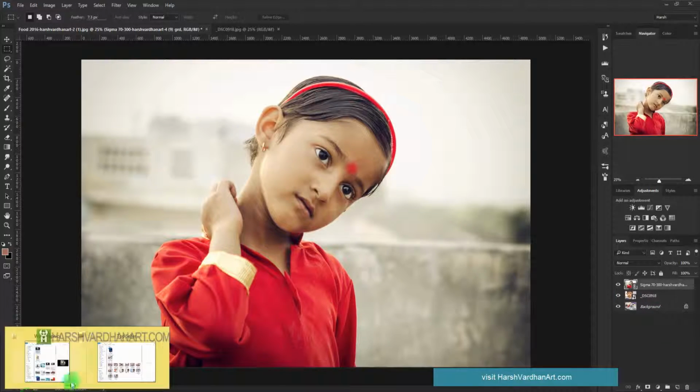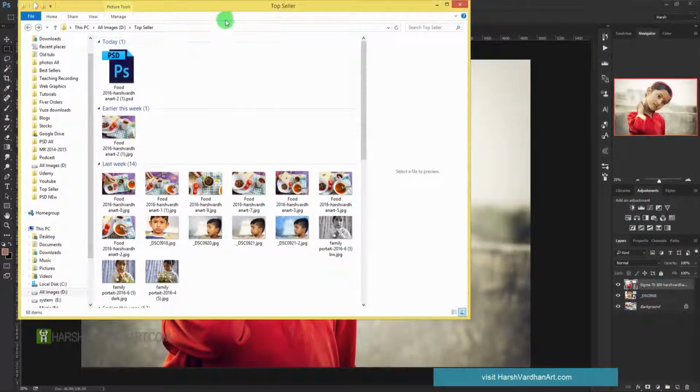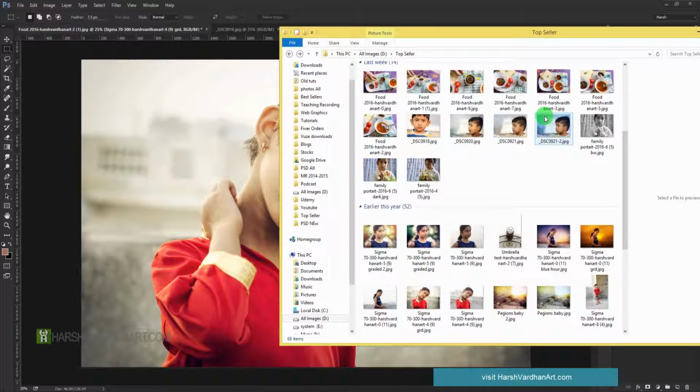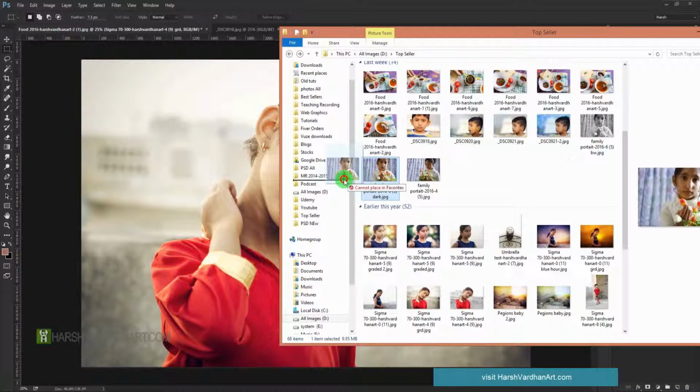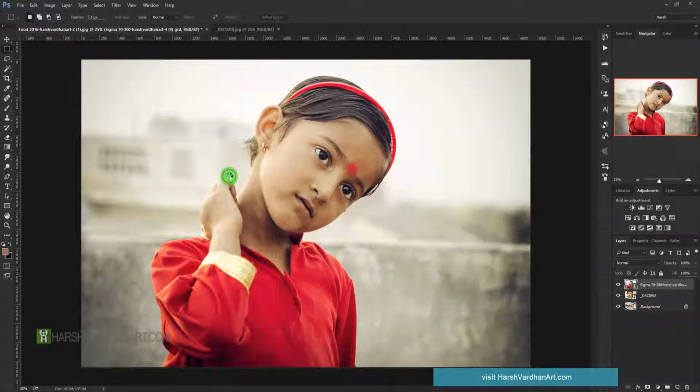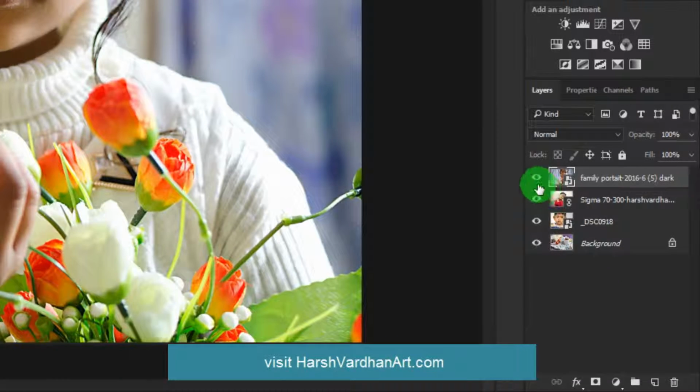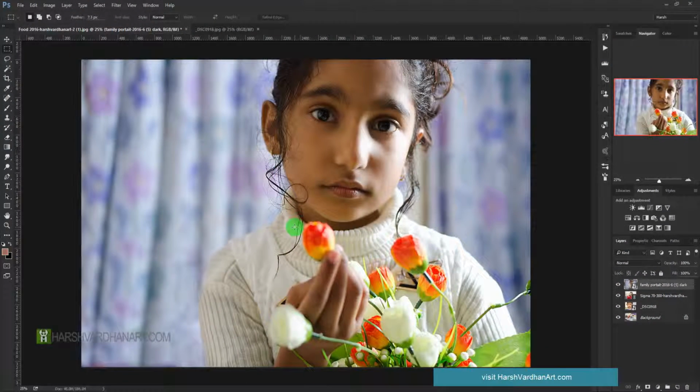And now let me show you the fourth one. Just open or browse the image which you want to open in Photoshop, select it, and by clicking and holding your mouse, drag it over here and press Enter, and that way it will be opened in the same document. But using this method you cannot open the image in a separate document. It will be opened in the same document, or the document which is already open.